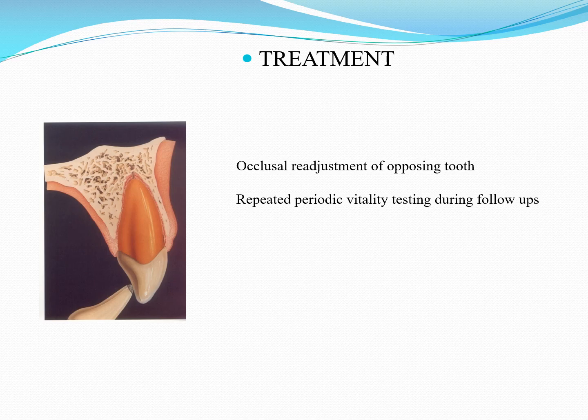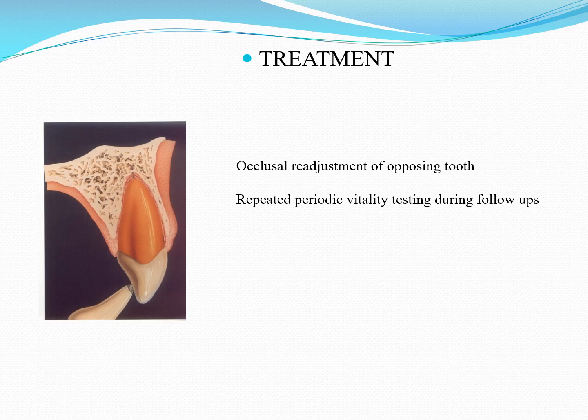What is the treatment? Since tenderness on percussion is there, if any tooth touches the offending tooth, they may have tenderness. So do slight occlusal readjustment of the opposing tooth. If needed, keep it out of occlusion. If severe pain is there, do some occlusal adjustment of the opposing tooth, just finishing work. If needed, you can prescribe mild analgesics if they say pain is there.